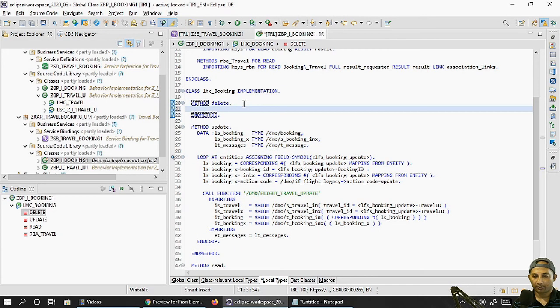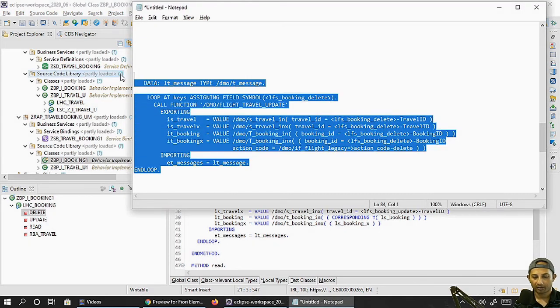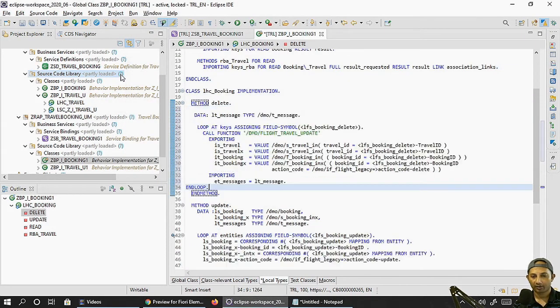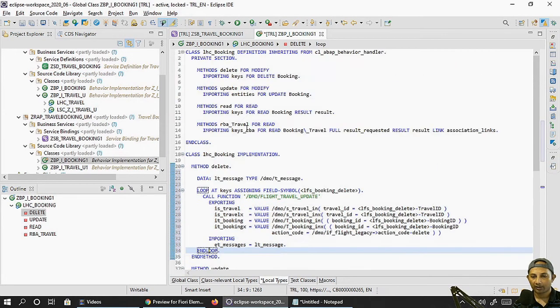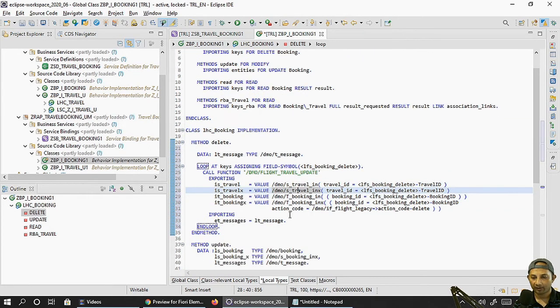Okay. So for the delete, I have this code piece. Test it over here. It should be fine. So in the delete, we have the keys, the way we had for the travel. Looping through the keys, we are using the function module update again. The only thing is, we have to pass the action code as delete, as you can see.